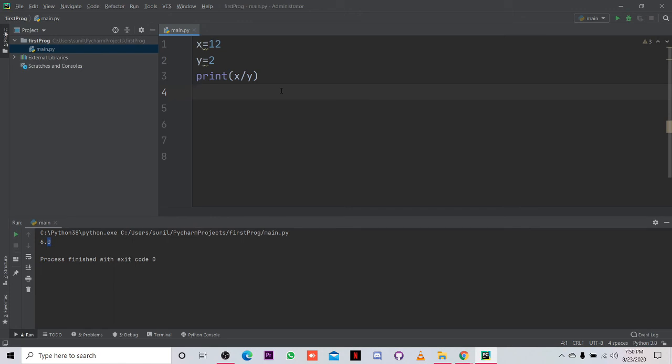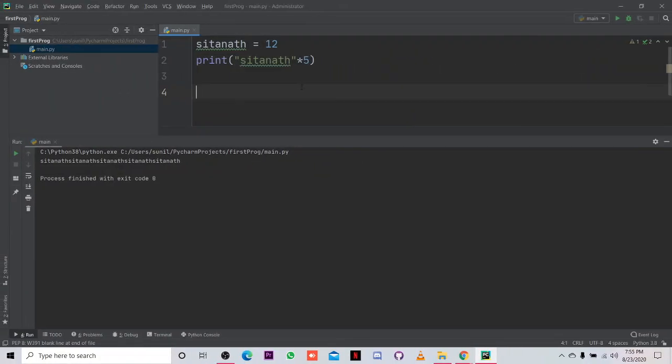So these are the basic operators we use in operations. We have plus, minus, and the asterisk for multiplication. We have the divide sign for division. We have the modulus sign for the remainder portion. If we want to get the remainder of any value, 12 modulus 6, we will get 0.